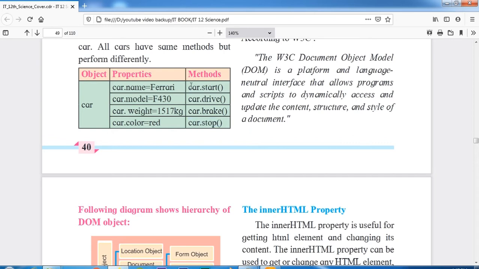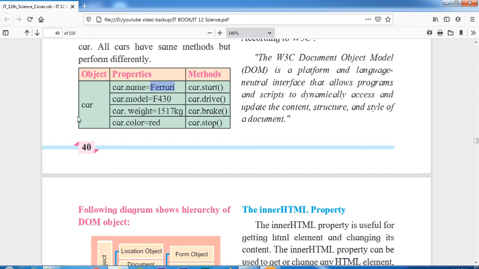So you can access methods by dot and properties by dot. Your object name is car, and if you want to access its name, you can simply write car.name, and you can access the name Ferrari. And if you want to access the model, then you can write car.model.